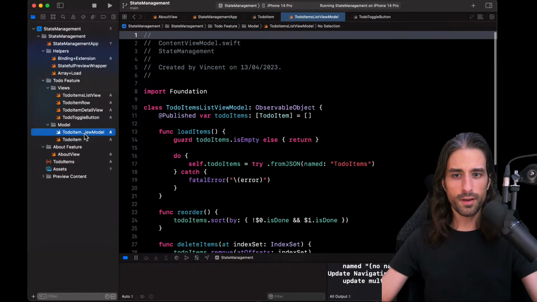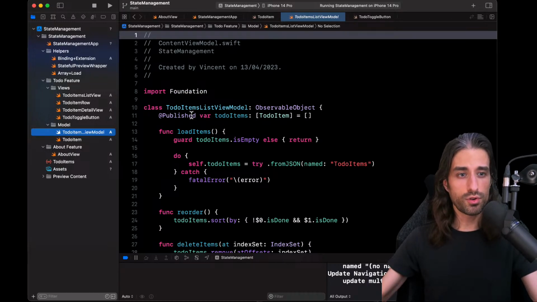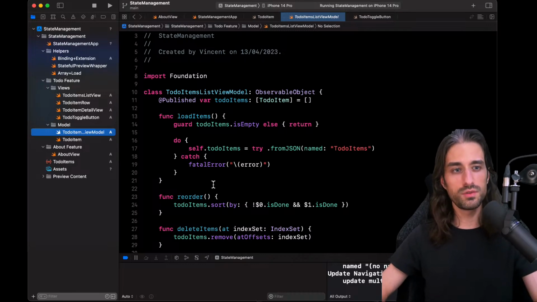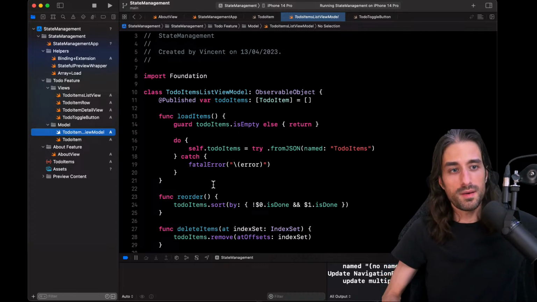In the view model, you need to expose @Published properties, but there is no constraint on how you fill the data inside these @Published properties. You could be making async calls with async await in the methods of the view model. You could be using Combine publishers, or you could also be using RxSwift observables.